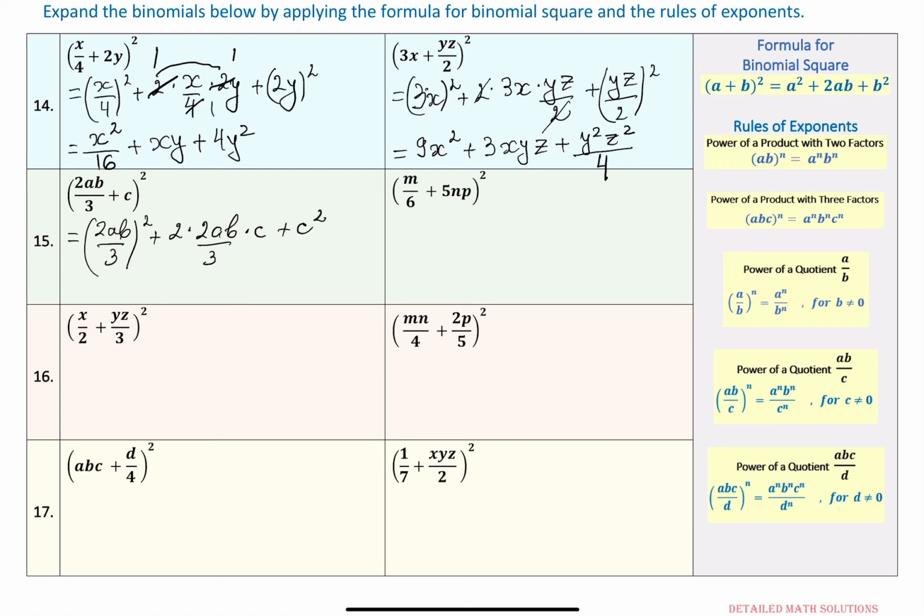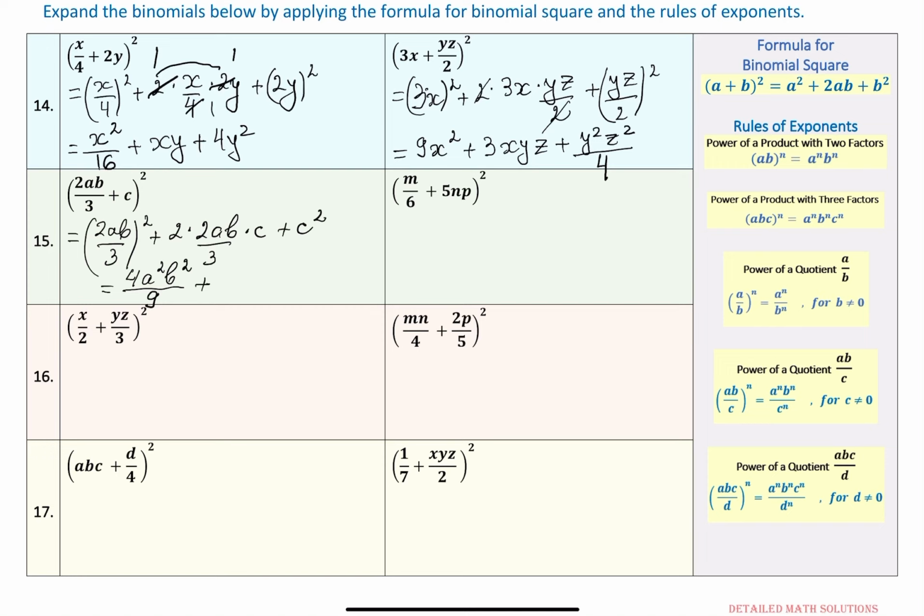This equals the first term. We can simplify further by using the power of a quotient, abc over d. In other words, we need to distribute the square to each factor of this term. So we have 2 squared, a squared, b squared in the numerator, or 4a squared b squared, and then 3 squared in the denominator, which is 9,